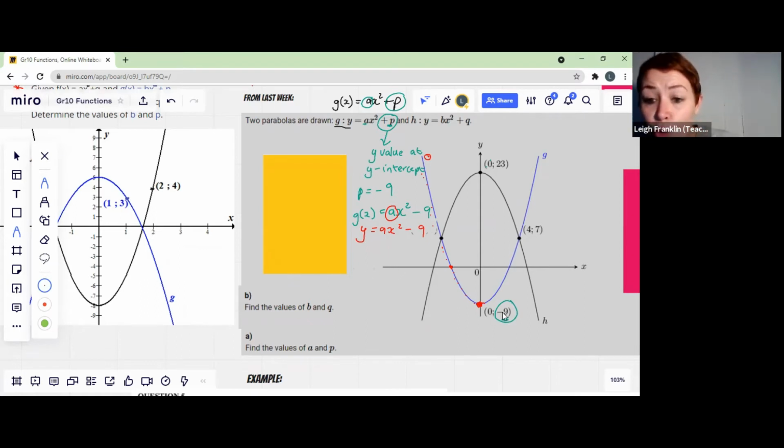Okay, so we've already used this point, so we can't use it again. So now we're looking for another point that lies on the line, okay? And they happen to have given us one. Can anybody tell me what this other point is? What's the x coordinate of this other point? Kelebogile, do you know what's the x coordinate of that other point? The other point that lies on the line? 7, okay, well done, you're looking at the right point, but 7 is the... Zanele says 4, okay. Narcissa says 4, good.